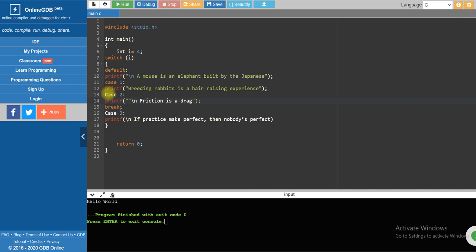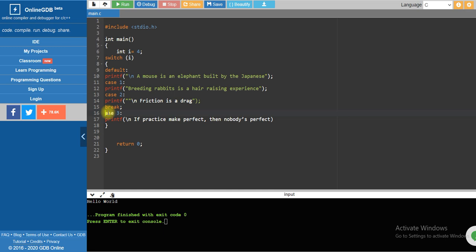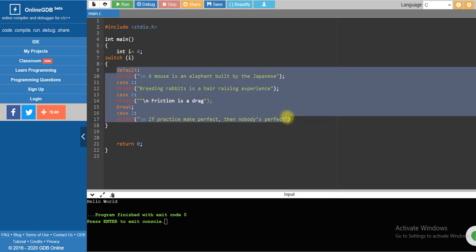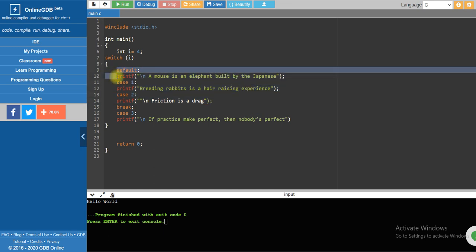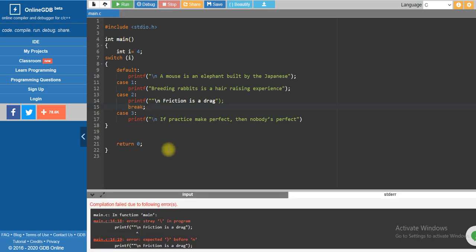I am not bothering about the indentation, the space maintaining, those things I am not worrying about. Anyhow, let me do some line alignment so it will look pretty good. Done, right? Please break. So here I am going to run this code.